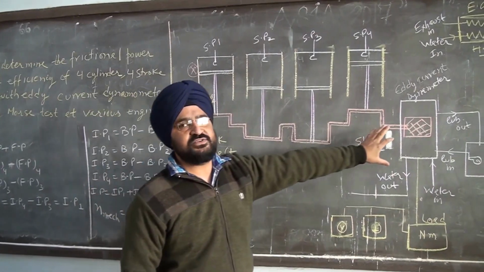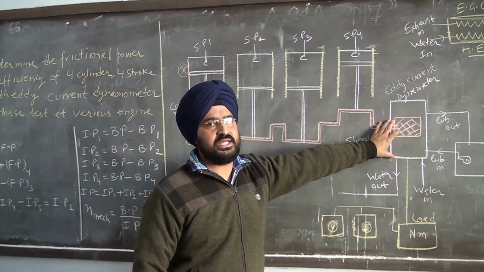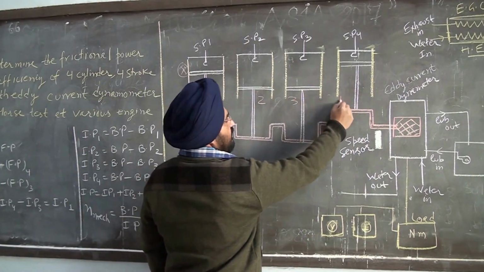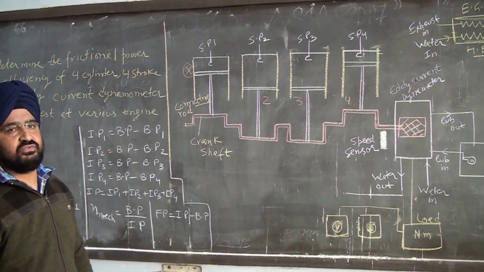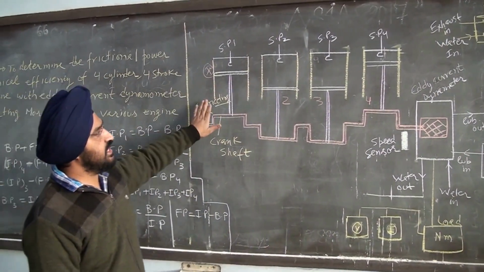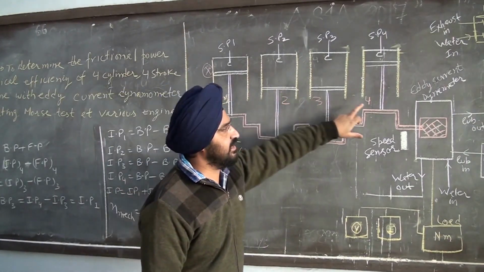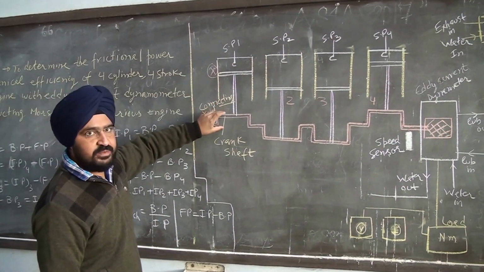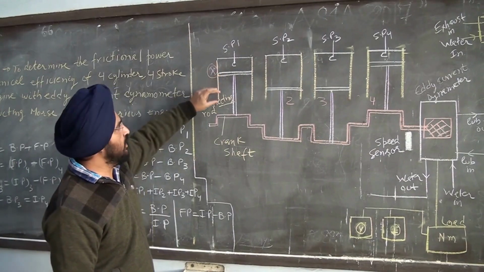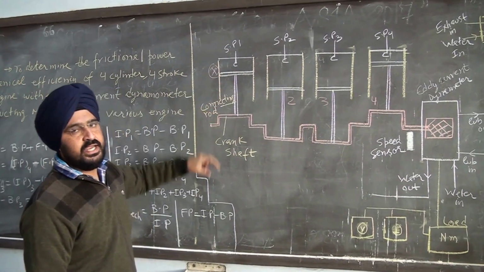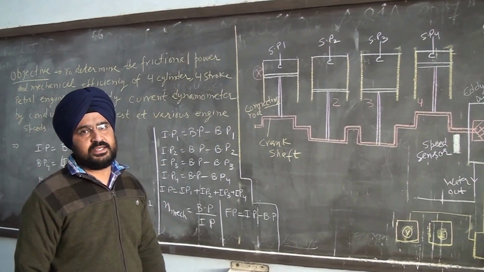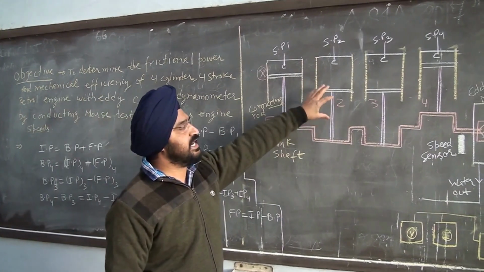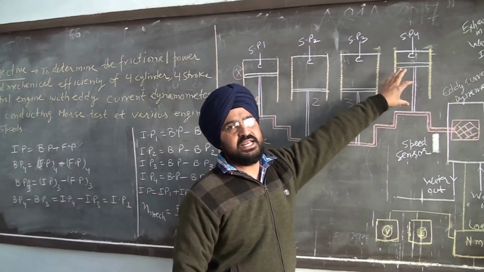Now the power that is available at the dynamometer is from the three cylinders: the second, third and fourth, because we have cut off the first cylinder. But what is the main issue? Since it is on the same shaft and keeps moving from top dead center to bottom dead center, the frictional power is unaltered. So the frictional power is not changing. So what we have is the indicated power of this, indicated power of this, indicated power of this.